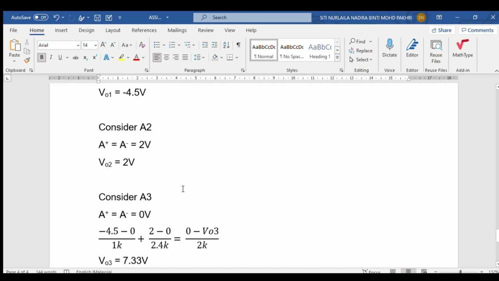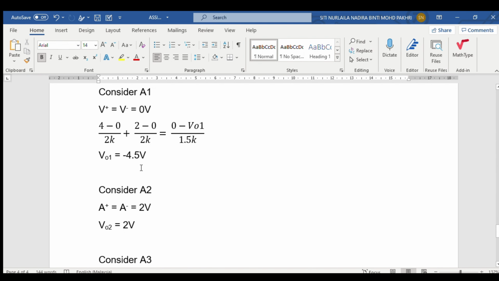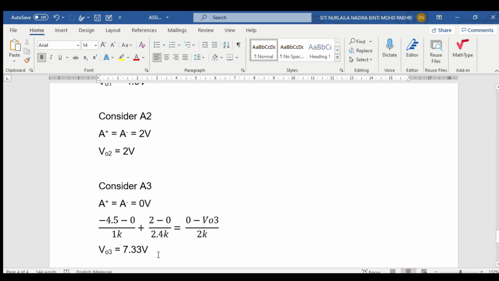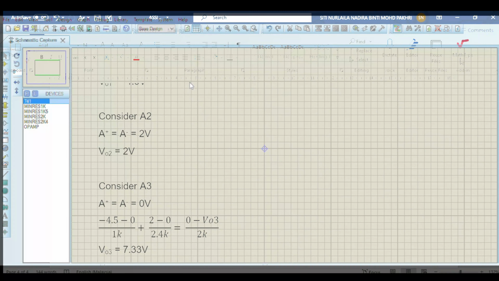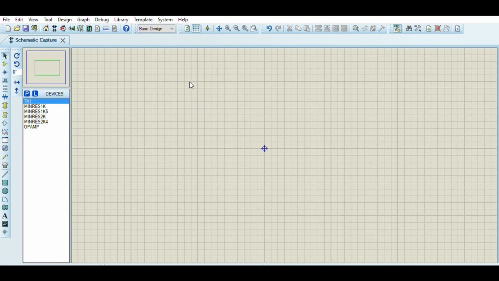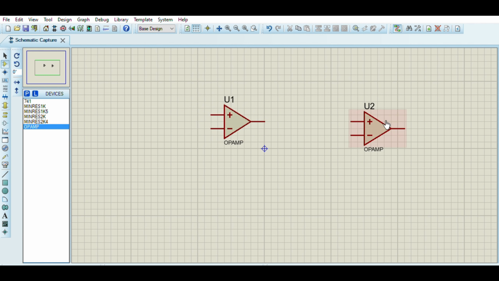So we need to run the simulation method to find out if the values for V01, V02, and V03 are the same as the calculation method. As for question 4, for the simulation method, we will use the component op-amp, 2.4k resistor, 2k resistor, 1.5k resistor, and another 1k resistor. So we will place the 3 op-amps